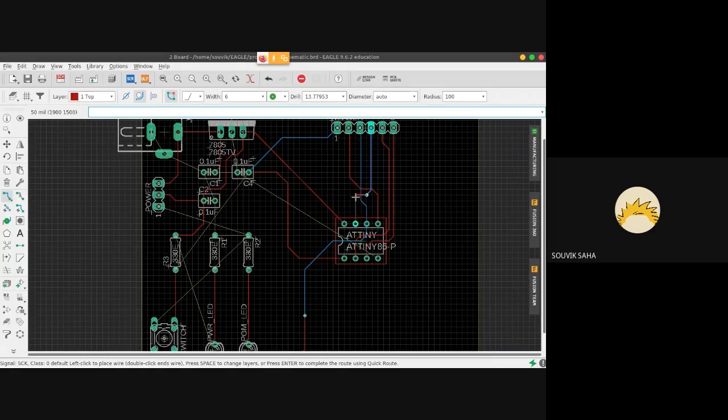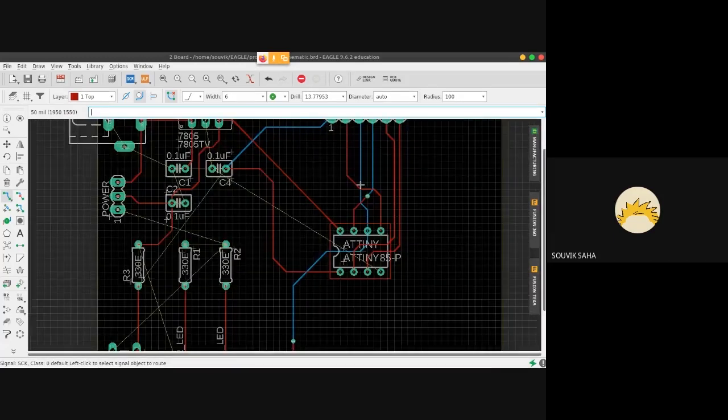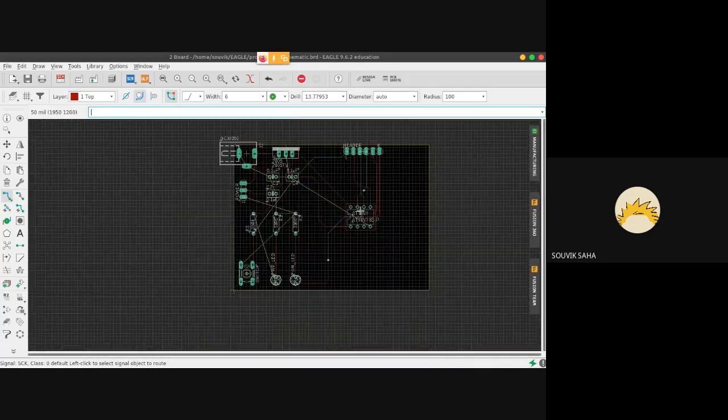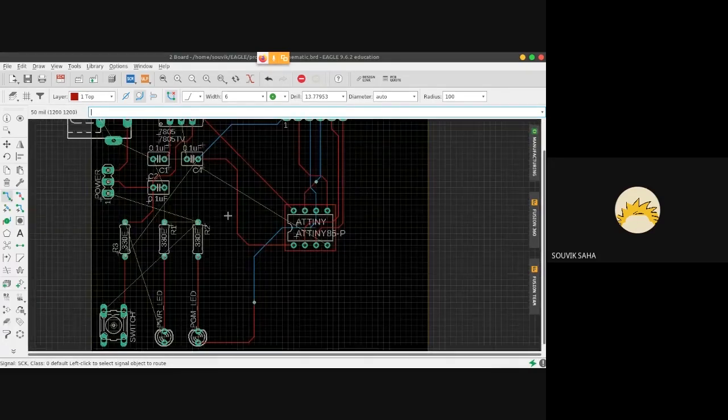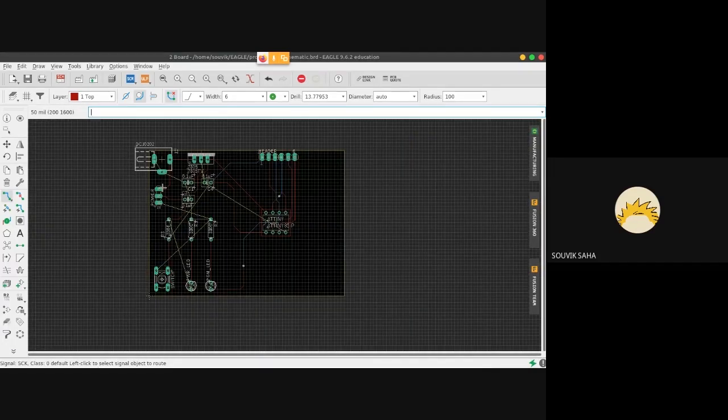I'll get this green knob kind of a thing, and now I'll be able to switch from the top layer to the bottom layer, or the bottom layer to the top layer. It's actually recommended to use vias as little as possible, because using them a lot is not recommended.